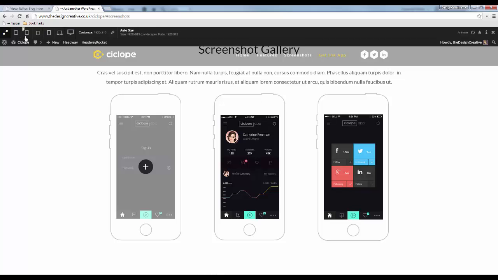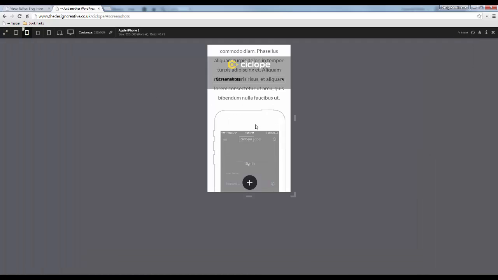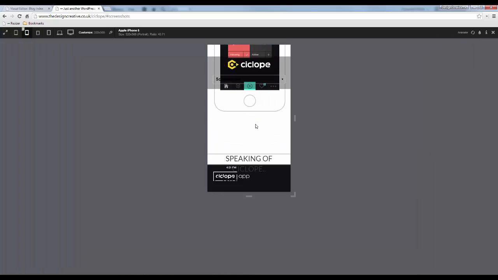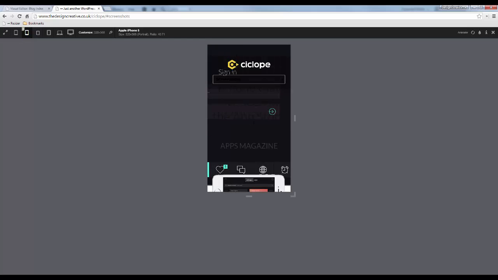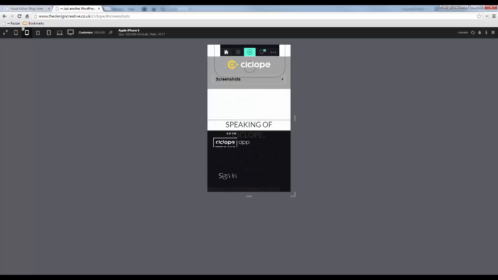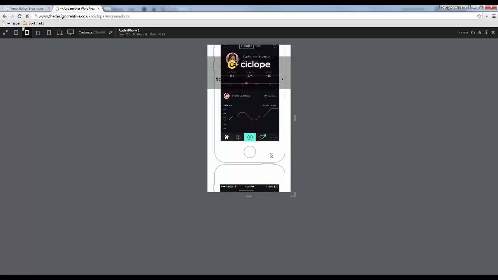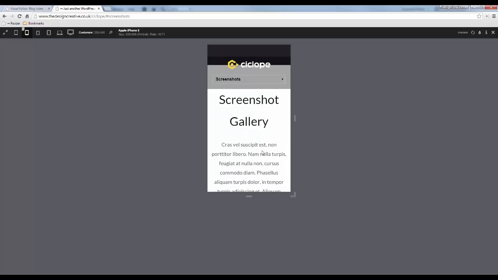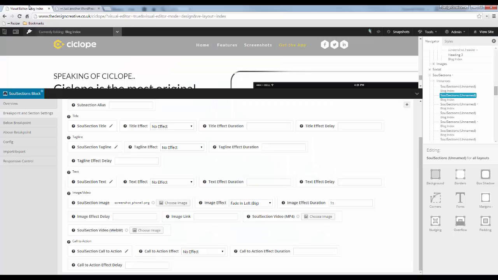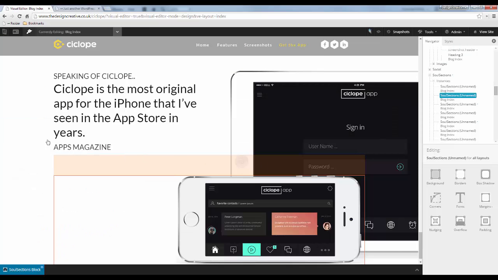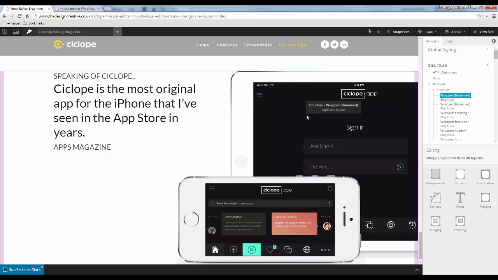So I'm going to go to the resizer tool, and let's put this on mobile and see what happens. Of course, what happens is the background gets in the way. So let's get rid of the background, and we can do that easily by right clicking on the wrapper where